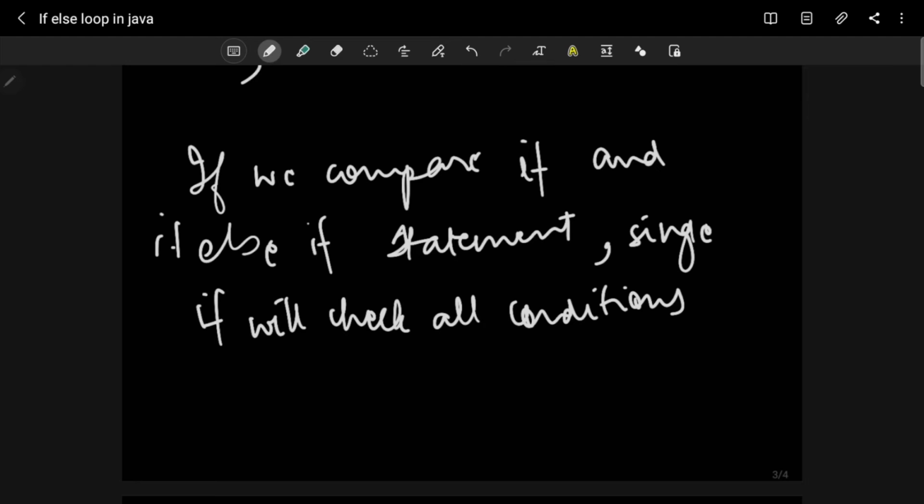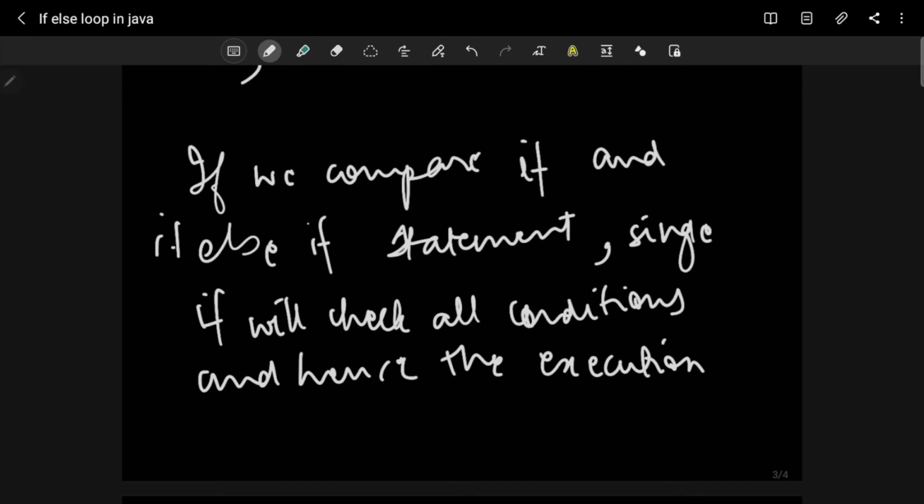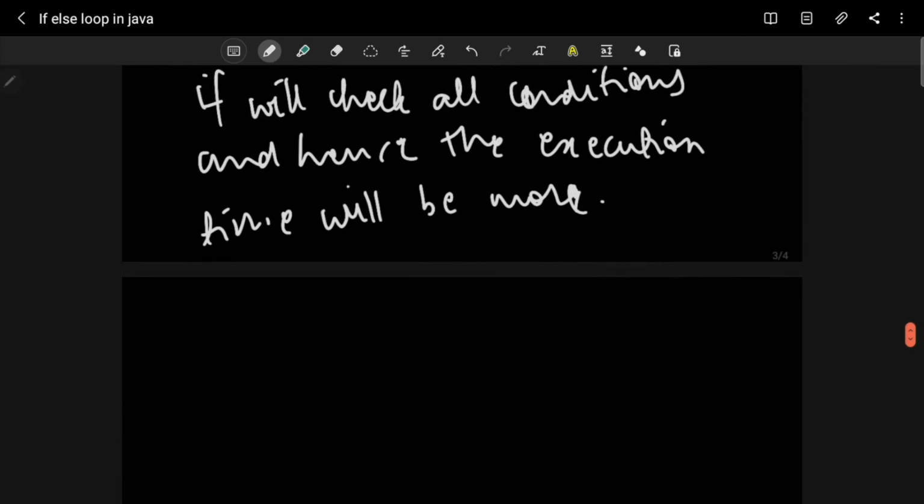It will check all conditions, and hence the execution time will be more. I'm sorry for the bad handwriting, but I hope you understand.